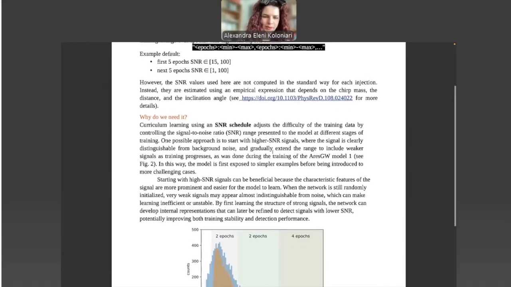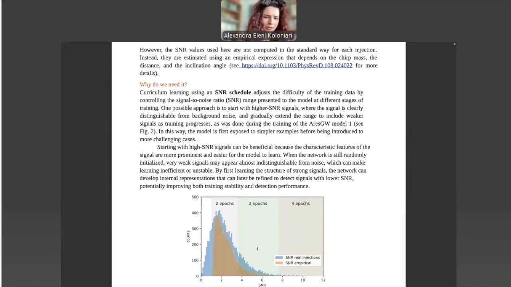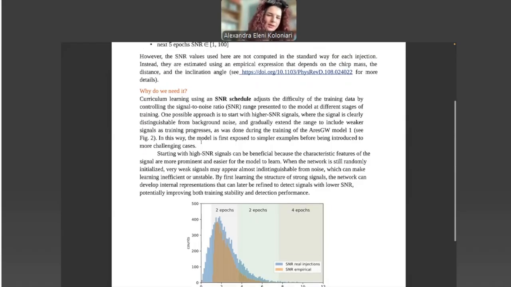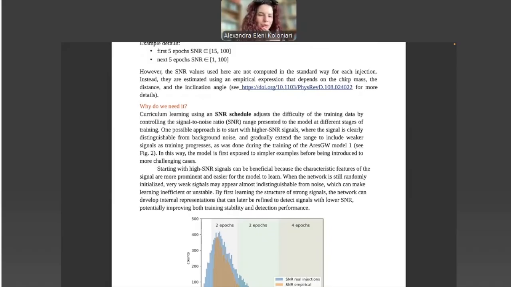However, since I have the plot here, you can see that the real SNR of the injection, the optimal SNR, depicted in blue, is very close to the values that the empirical formula gives, depicted in orange. And okay, you might ask me, why do we complicate things? Why do we need that? Well, curriculum learning adjusts the difficulty of the training data by controlling the signal-to-noise ratio at different stages of training.